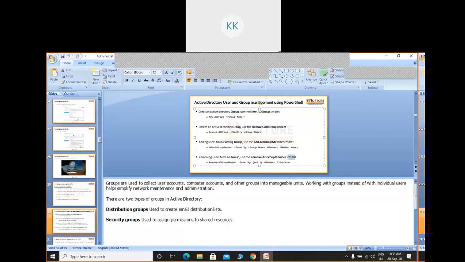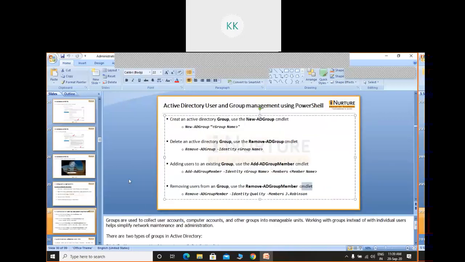That means I put all the BSc first semester students in one group, second semester in one group, something like this. There are two types of groups in Active Directory: one is the distribution group and one is the security group. I will show you how to create the groups and organizational units, and then these steps will be much easier.